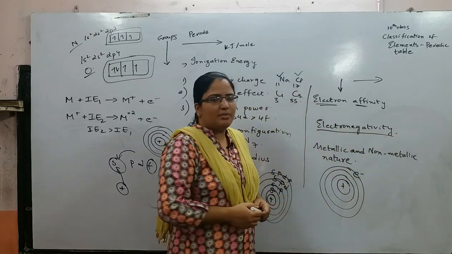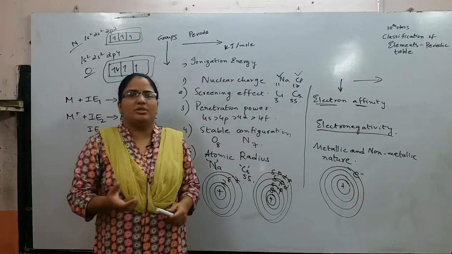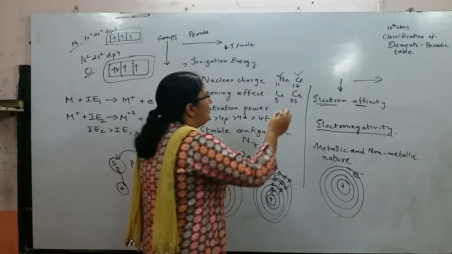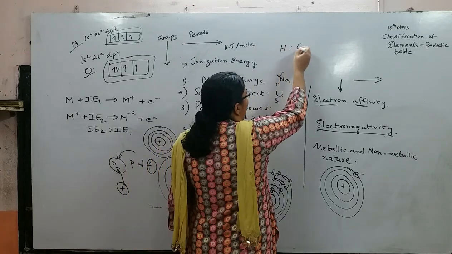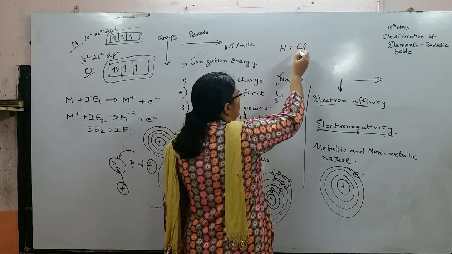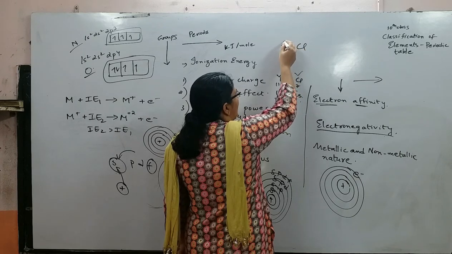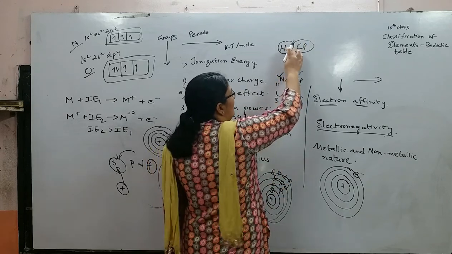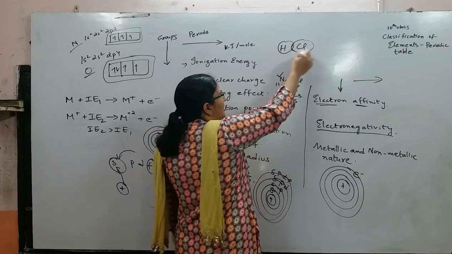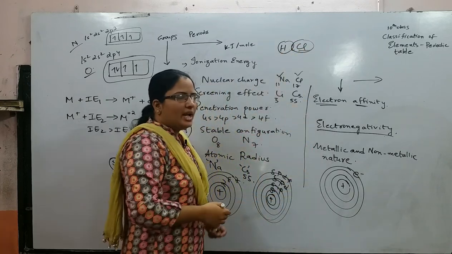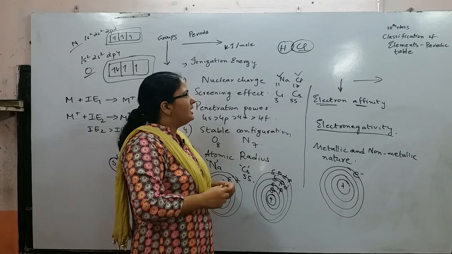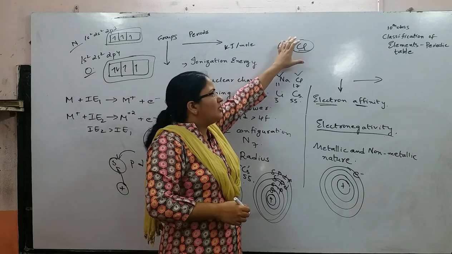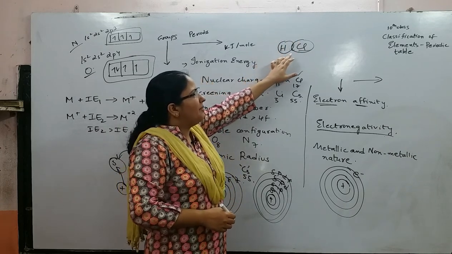Electronegativity is nothing but the tendency of the bonded atom to attract the shared pair of electrons towards itself. That means, let us take the formation of HCl. Hydrogen and chlorine share 2 electrons, but these 2 electrons are attracted more by hydrogen rather than chlorine. Hydrogen attracts these 2 electrons towards itself because of the small size of the hydrogen atom. The electrons are pulled more towards hydrogen compared to chlorine.